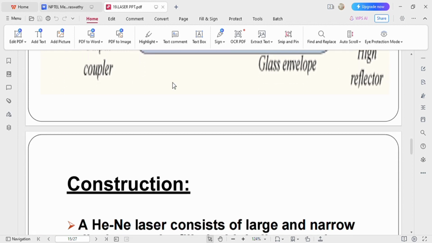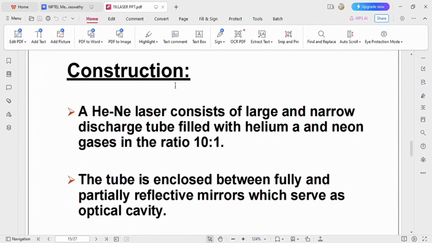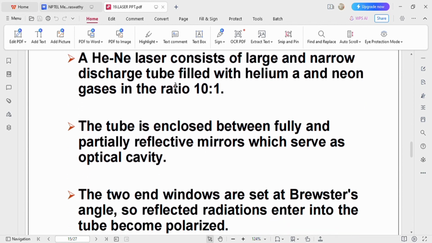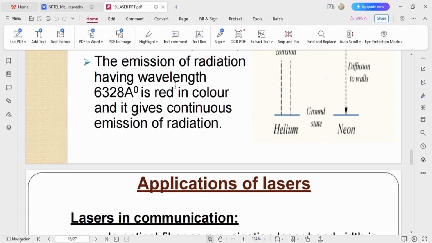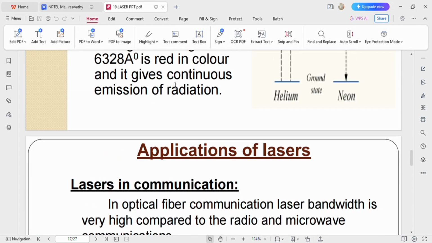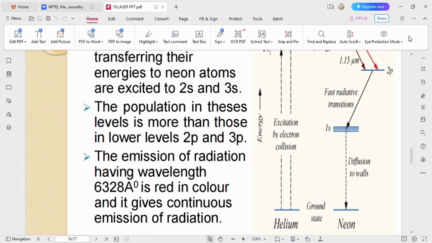Coming to the helium neon laser, it consists of a long and narrow discharge tube filled with helium and neon gases in the ratio of 10:1. The tube is enclosed between fully and partially reflecting mirrors, which serve as an optical cavity. Coming to the application, it is used in many